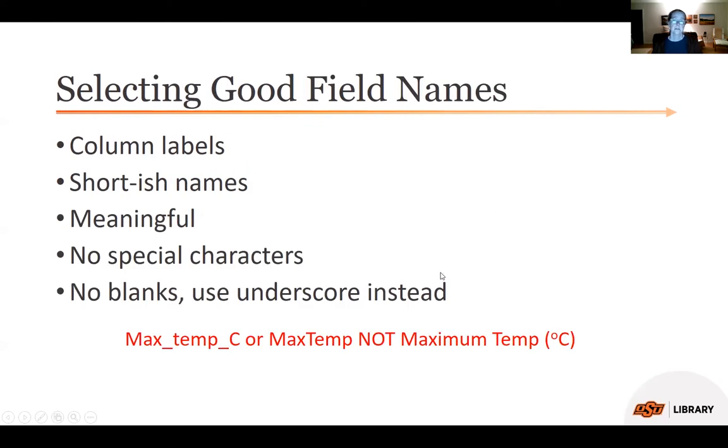Okay, so now let's talk about how to select or create good field names. This is basically the labels that you're going to use on your columns. They should be short-ish, and by short-ish, we mean as short as you can make them and still make them meaningful. So abbreviations are good if they're standard abbreviations, but if they're abbreviations that are not going to be meaningful to